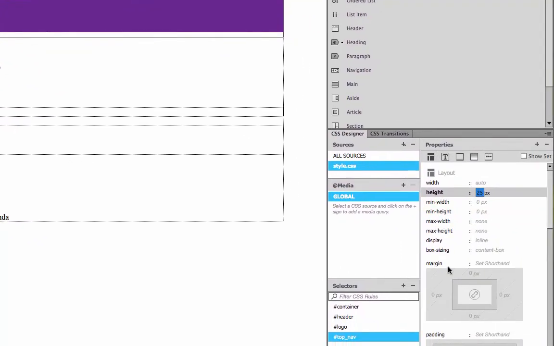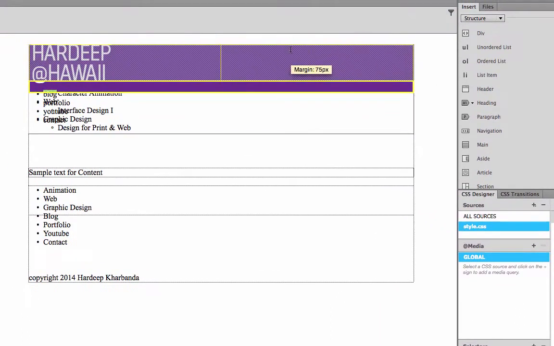So I come over to margin, set my top margin to 75 pixels, hit enter, and watch. This is the margin of 75 pixels that pushes my top nav down till it sits in the perfect place